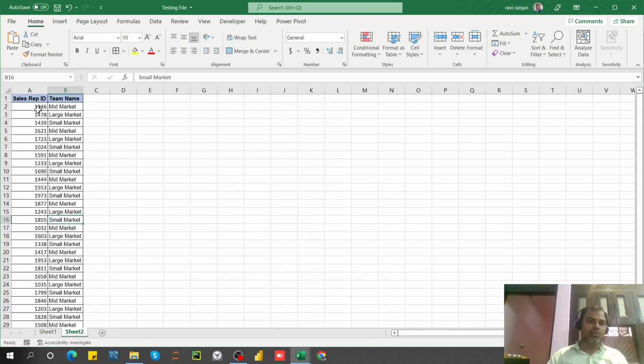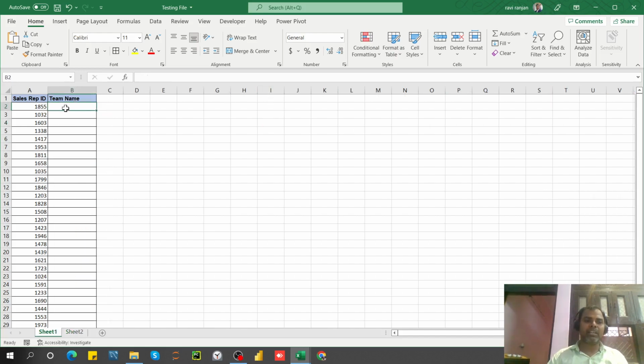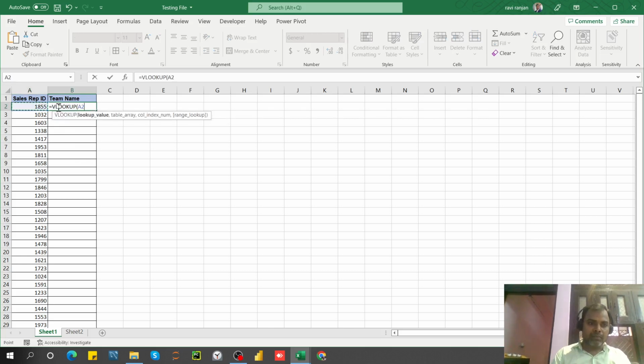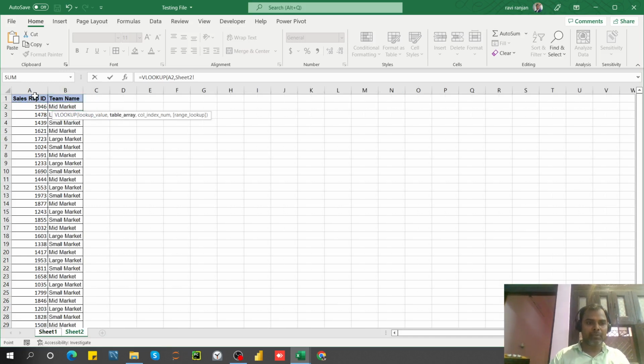In the second tab, you can see the ID and the team name is available. In the first sheet, I have to bring it out on behalf of the ID. So how can we do that? Basically, we apply VLOOKUP: equal to VLOOKUP. The lookup value should be A2, which is the ID, comma, and then go to the second tab and select A and B and press F4 for locking, and then